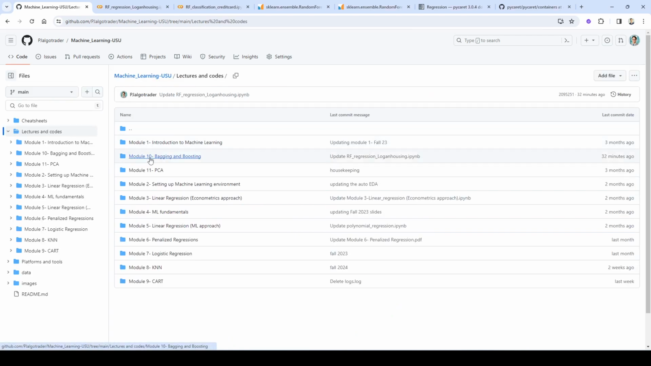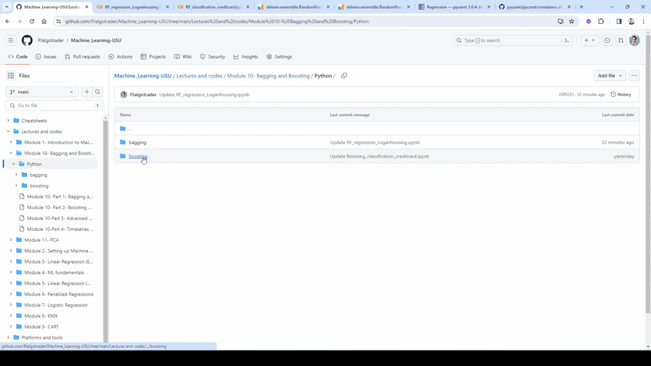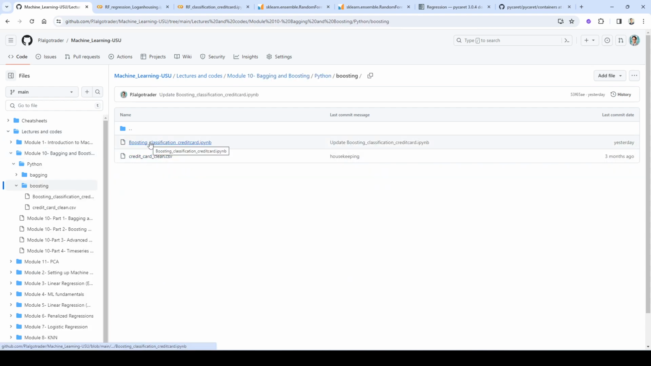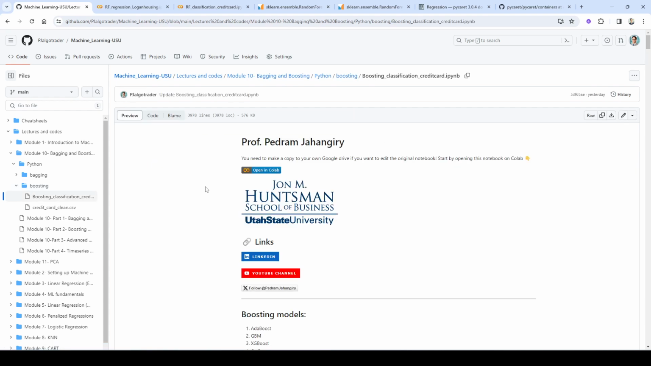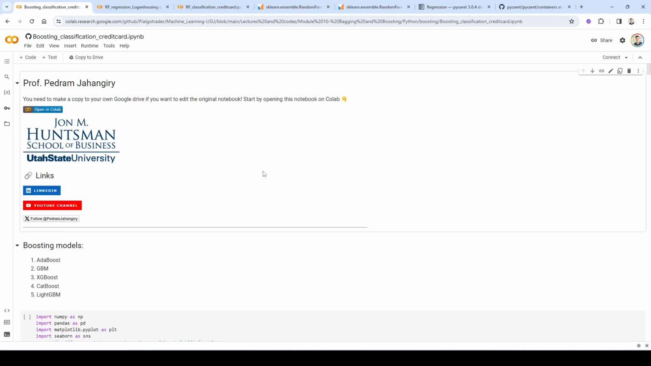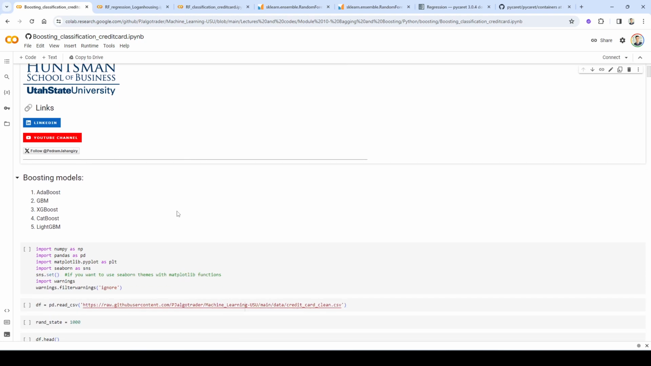So go to module 10, bagging and boosting, Python, boosting, and here's the dataset. The dataset is going to be the same as what we covered for random forest classification, which is credit card default. And this is a pre-processed version that we're going to work with. And then, here's the notebook. You can go ahead and open it in Google Colab. The link should work. However, I'm going to run it on my local computer. So if you want to do it in Google Colab, you have to